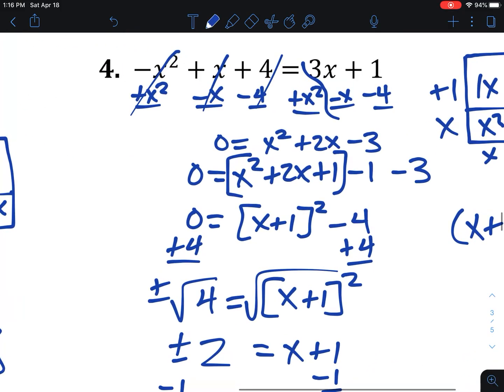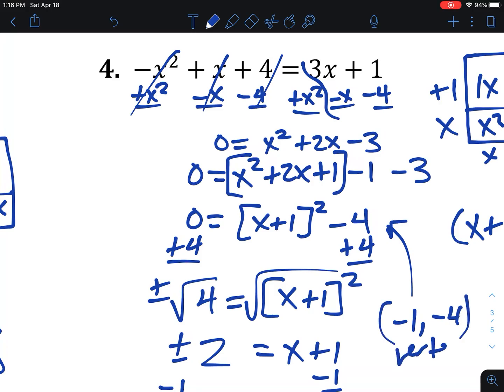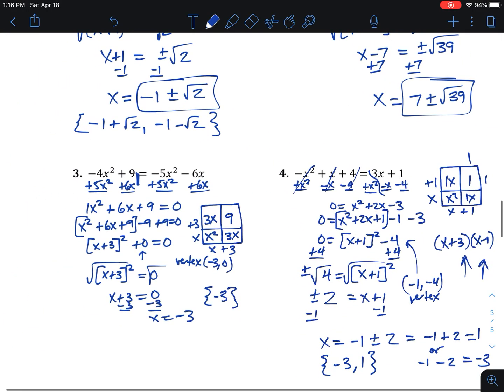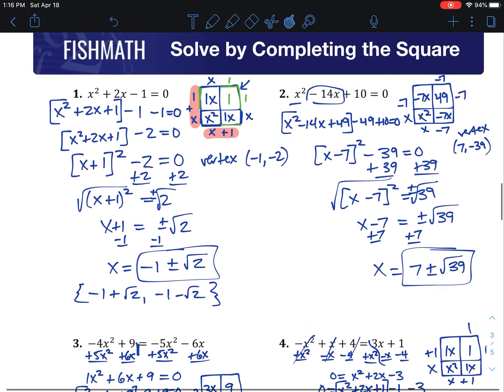I did skip the vertex. Let's go back and add that in here. The vertex here, because that's in vertex form, would be -1, -4 would be the vertex. And that's how we solve a quadratic, by using complete